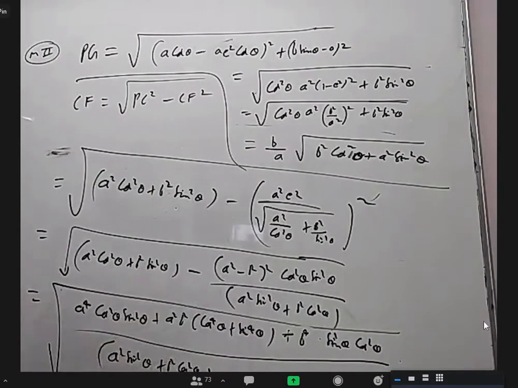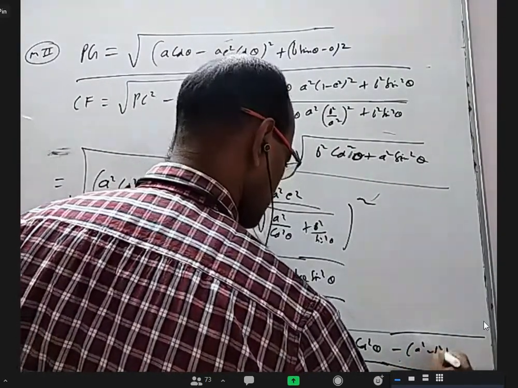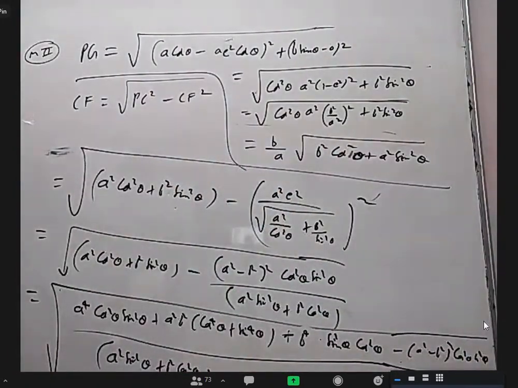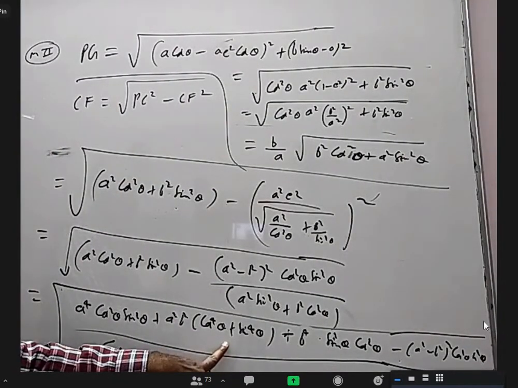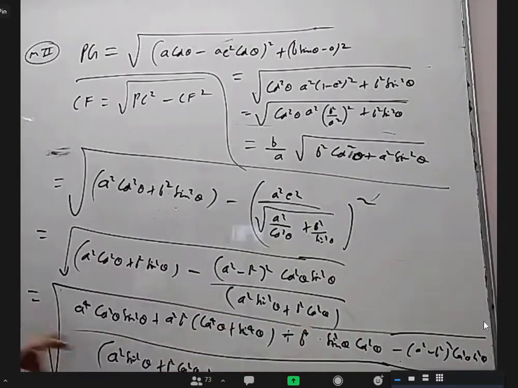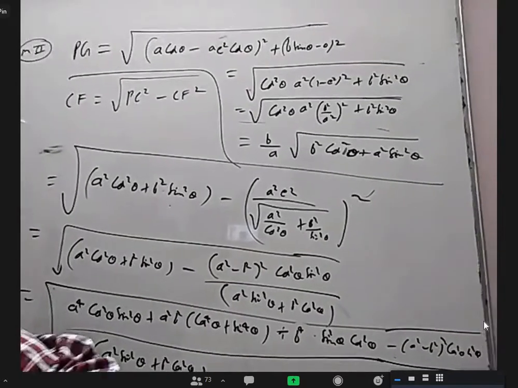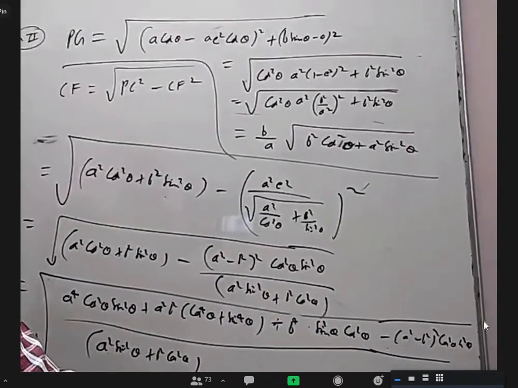Yeah, this is also there, right? Minus a square minus b square whole square cos square theta sin square theta. Okay, so when I write here 1 minus 2 sin square theta cos square theta, I'll be left with only a square b square. The numerator will become only a square b square. I don't have enough place to write that, but we almost got it. This is lengthy. The first method is easier, right?